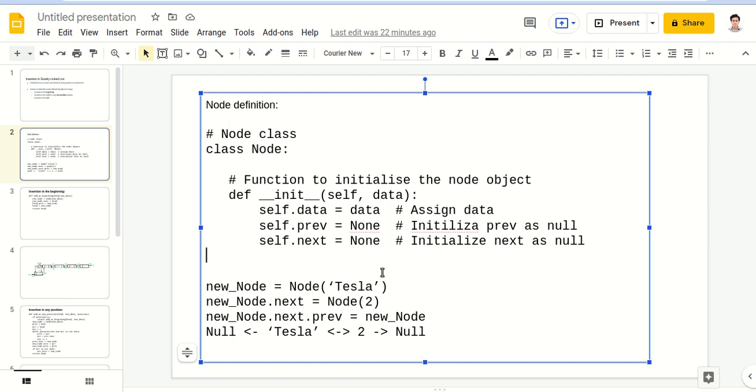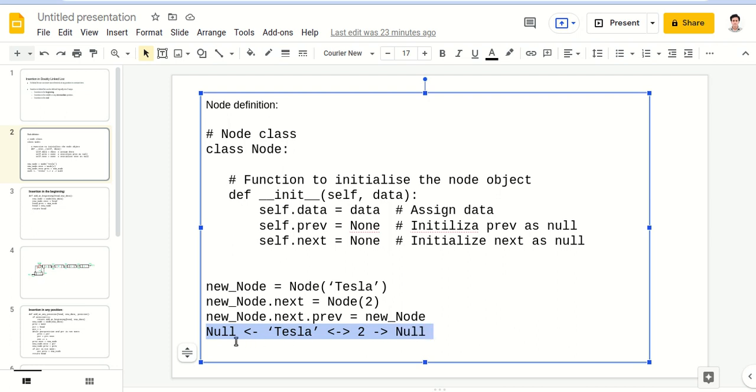Now suppose we define a new node as Tesla, and then a second node, 2. This way we are defining two nodes, Tesla and 2.